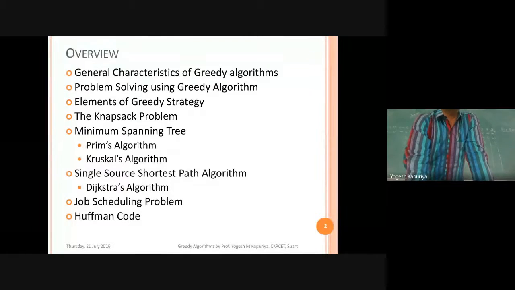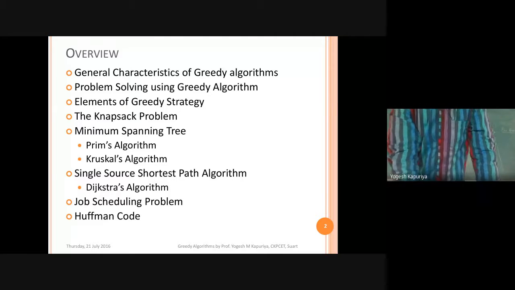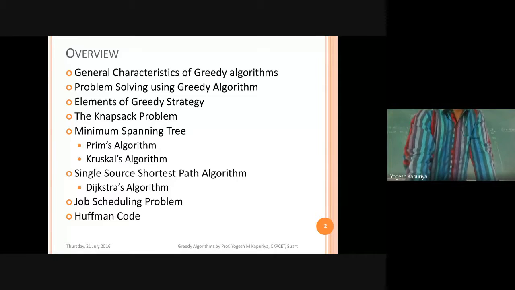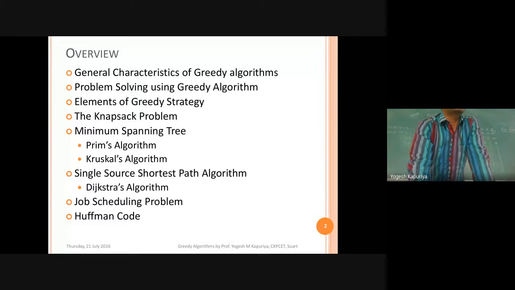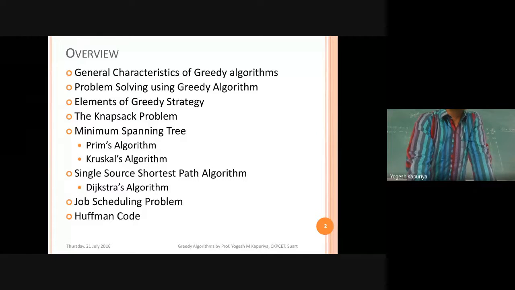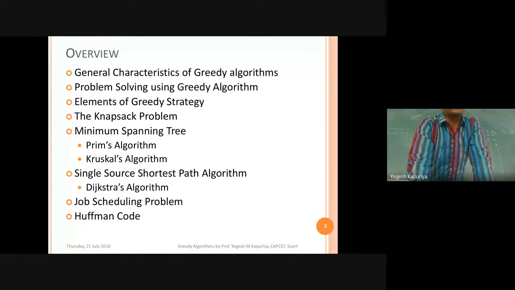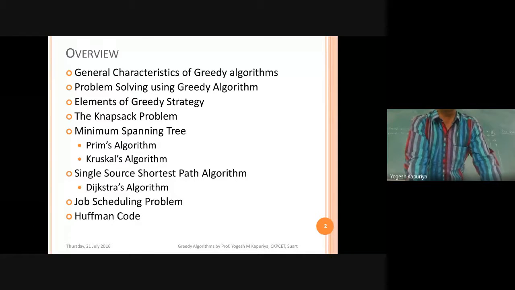So basically, greedy is the simplest algorithm designing technique, which only makes use of the current state of the system. Whenever it's going to make a choice, it always considers what choice looks best at this moment. Based on that current state of the system, it will make a choice, and that's why it's the simplest approach in any of the designing techniques.